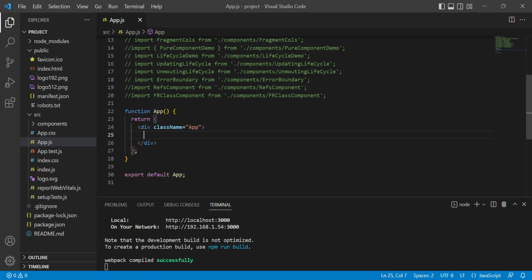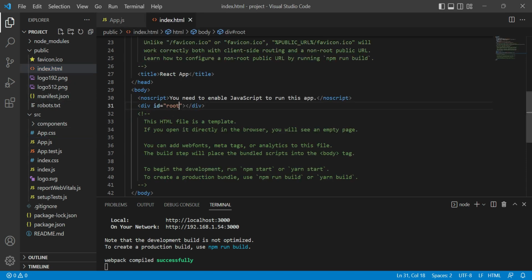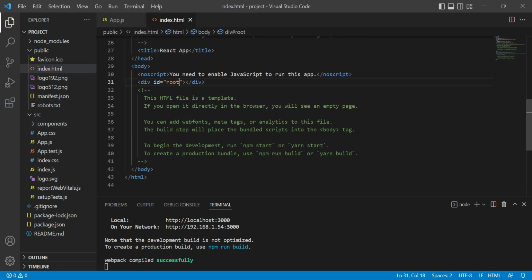Go back to VS Code, and if I open this index.html, in the body we have a div with the ID root. So far we have had one DOM element, which is this, and we were mounting our React application in this element only. It is the same convention to have a div element with the ID of root to be used as the root DOM element. And if I go back to the browser